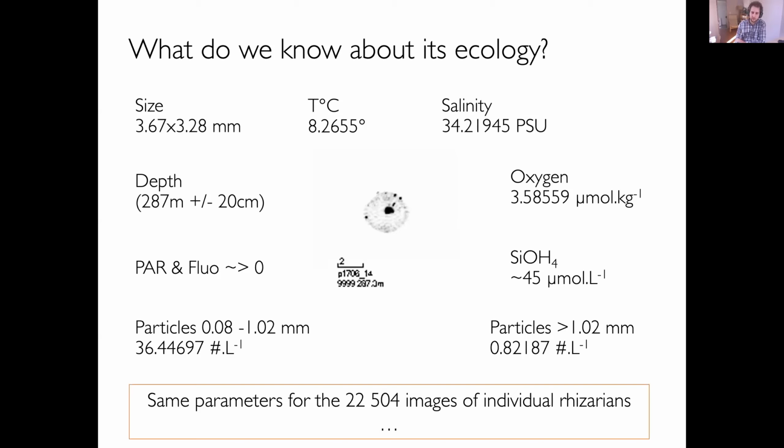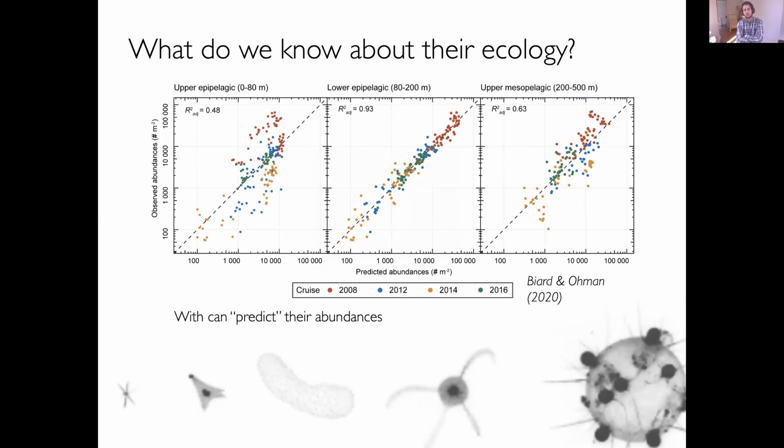And what do you do from this? Well, basically you do statistics. And you can use additive models to look at how well you can predict the abundances based on environmental variables. So you have